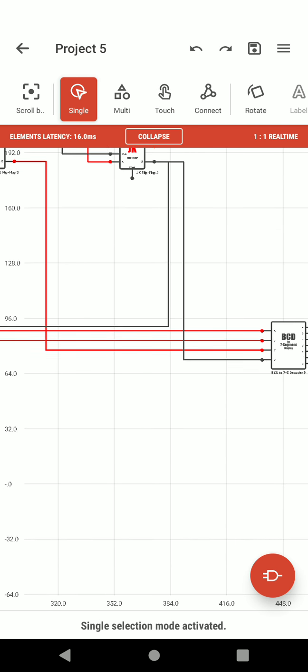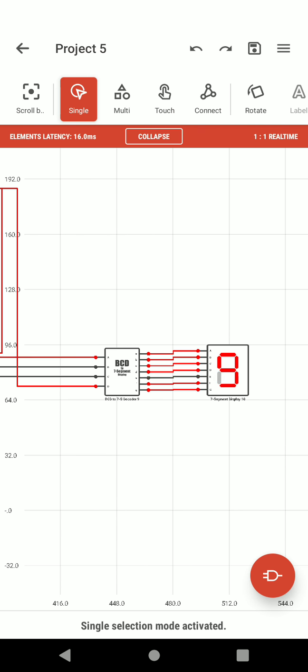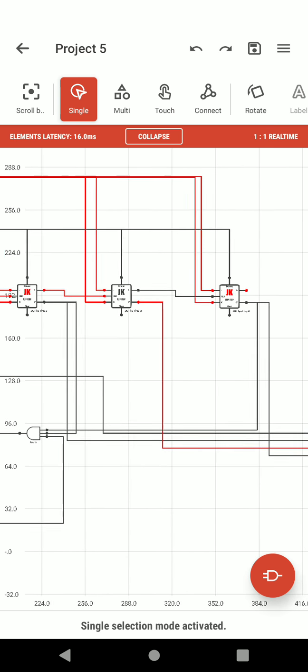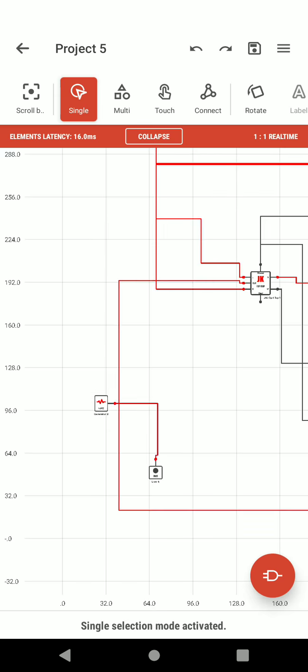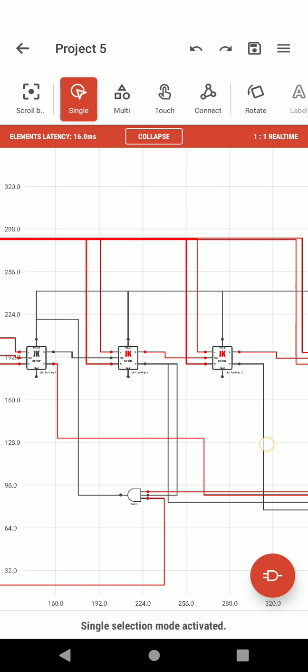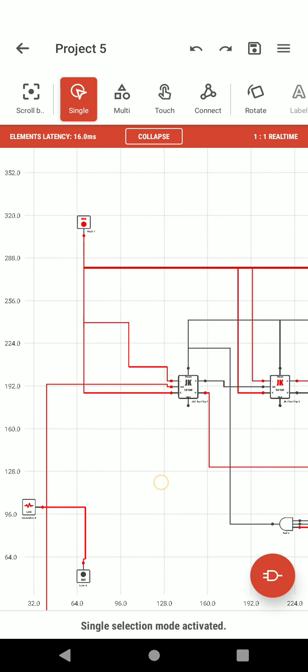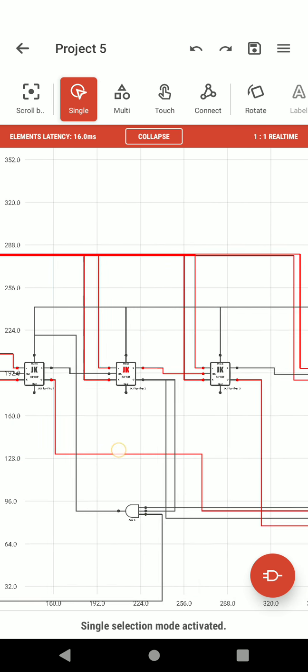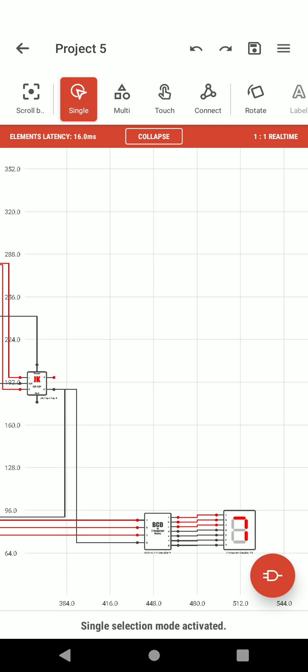So now let's see what's happening over here. 8, 9, 0, 1, 2, 3, 4, 5, 6, 7, 8, 9. So that's it. Finally we have constructed the circuit. You can minimize it. For this we have used 4 JK flip flops and one AND gate, a 1 kilohertz generator, and low and high. Here you can see the numbers clearly.